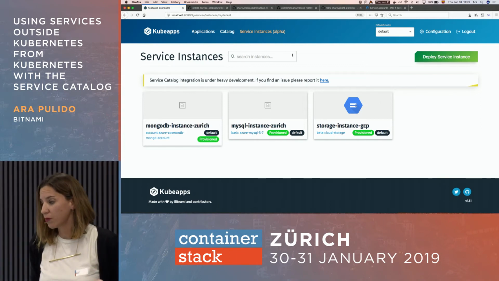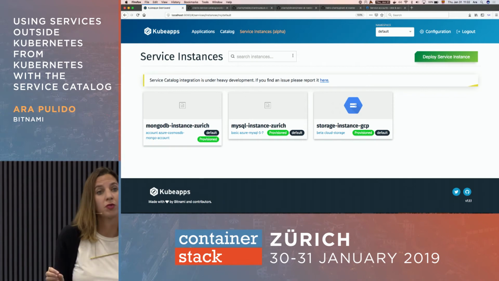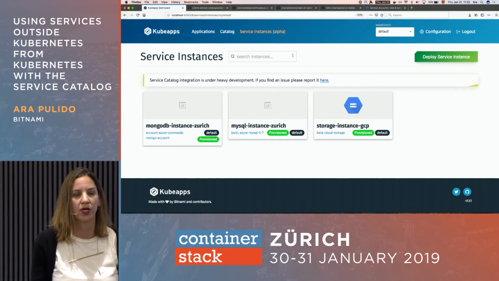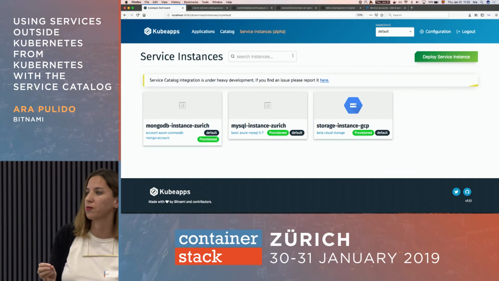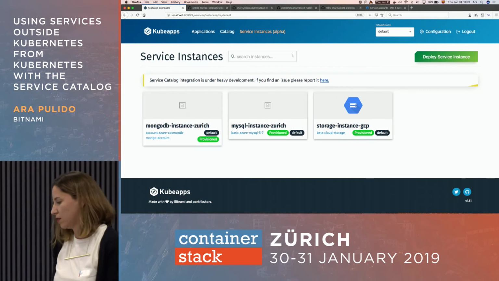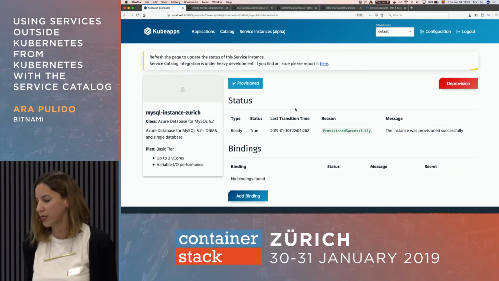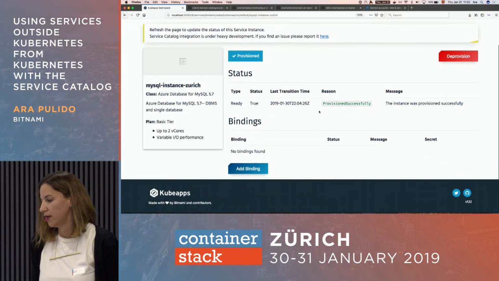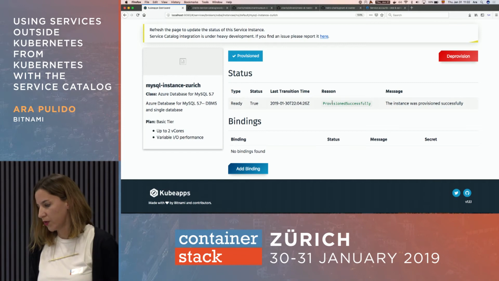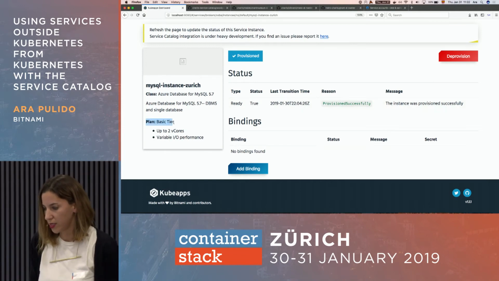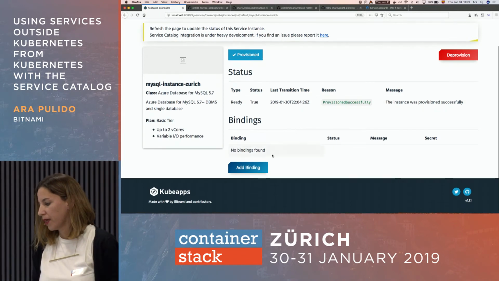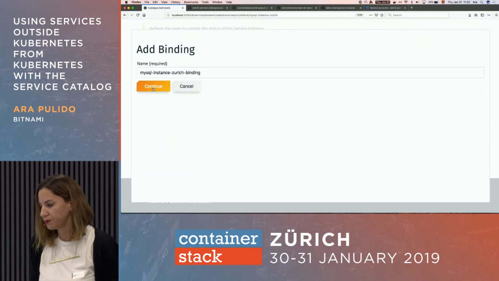In the first example, we are going to see a WordPress chart, so to deploy WordPress, that uses an Azure MySQL database. That Azure MySQL database I provisioned through the service catalog. It's here. It said that it's successful. Everything is fine. It's a basic tier, so it's a cheap one. And I can create a binding